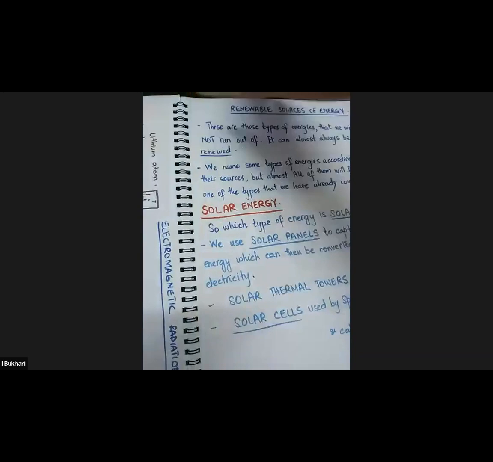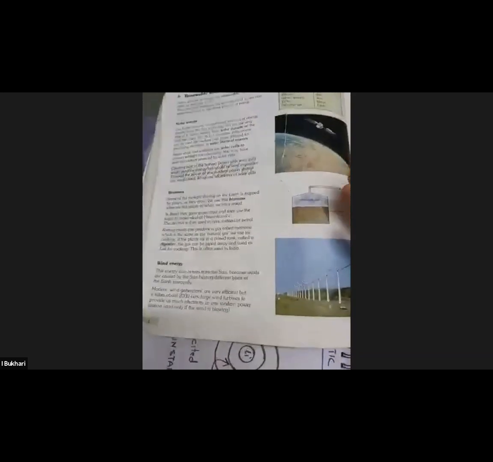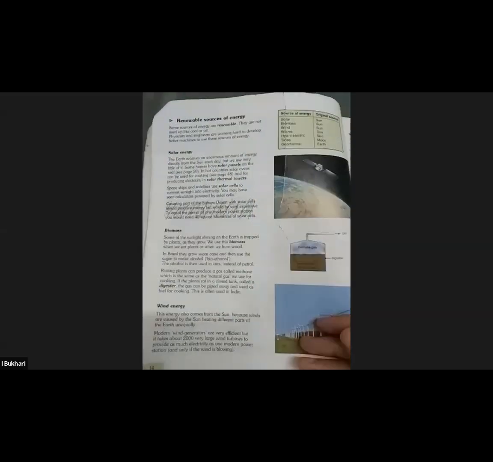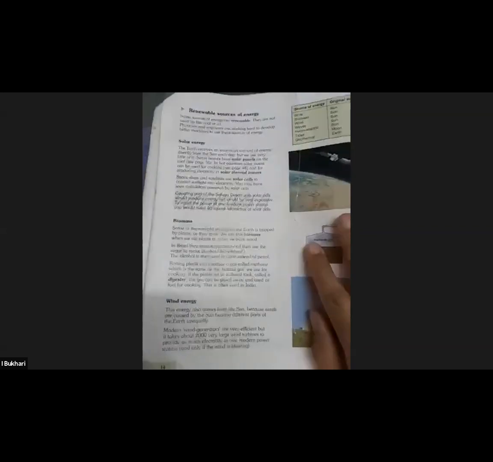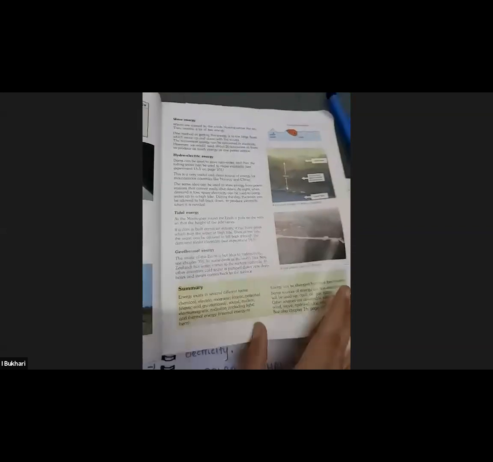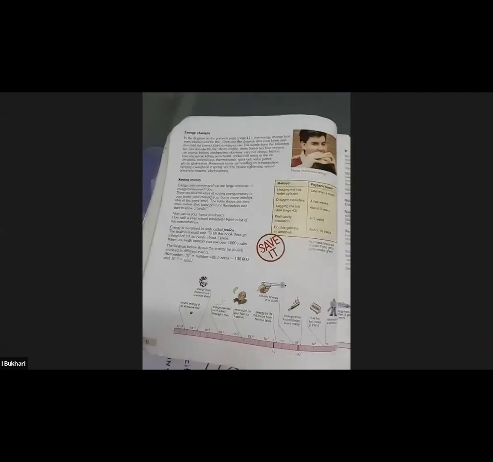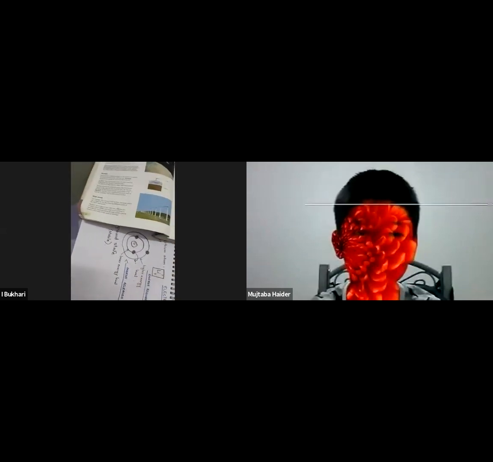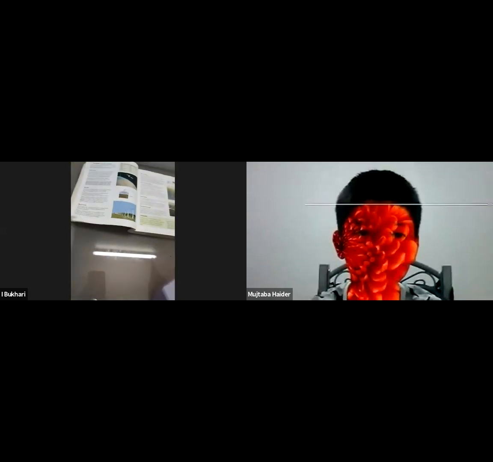So this is page 14 in my book. I don't know what the page number is in the new edition, but this is the page that I'm following: renewable sources of energy. And so these are the energies we will discuss. Okay, so I consulted your scheme of studies and these pages are included. Okay, but before I do that, just a little